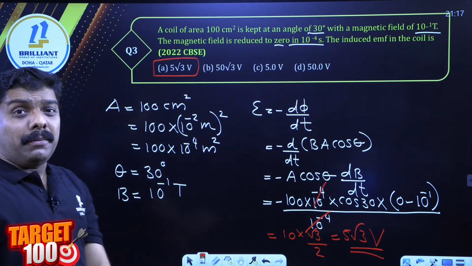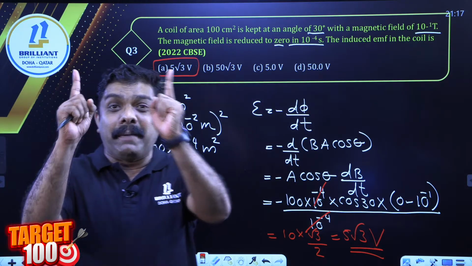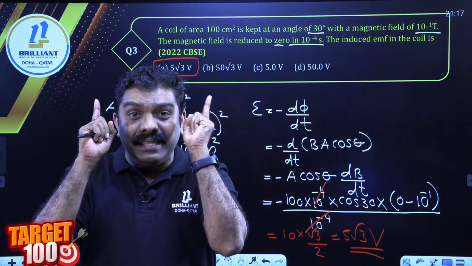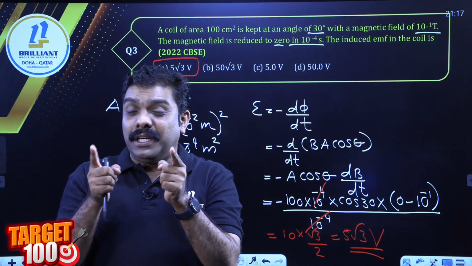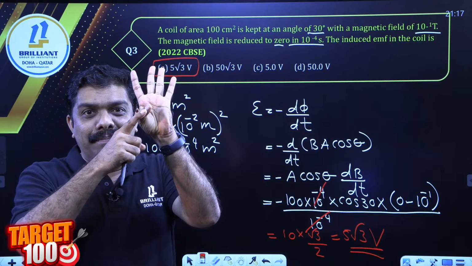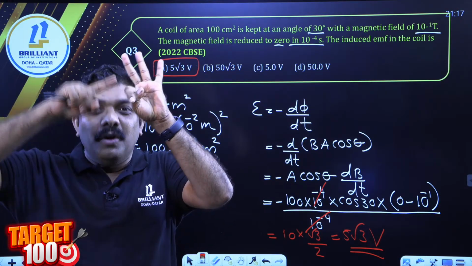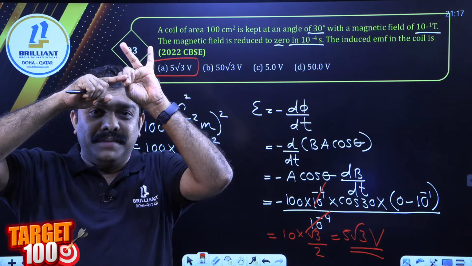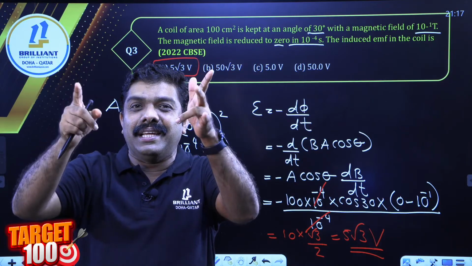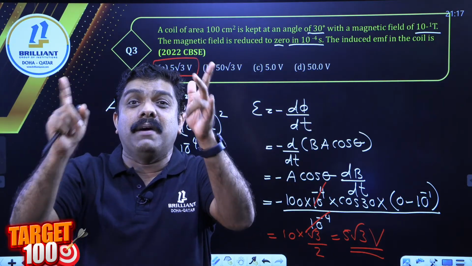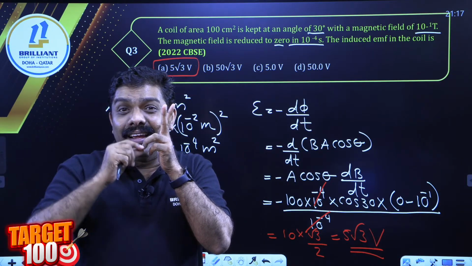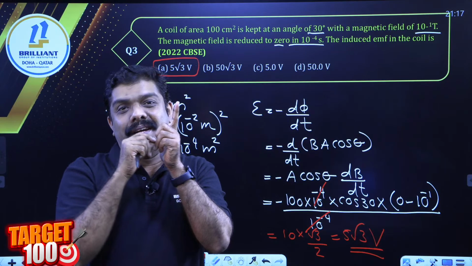So it's very important when we are reading the question. I'm repeating once more. When we are reading the question, check whatever it is changing. In order to produce induced EMF, there are 3 methods. Either you can change area, or you can change field, or you can change orientation. Which are the 3 methods to induce EMF in a coil? Change the field, change the area, or change the orientation.